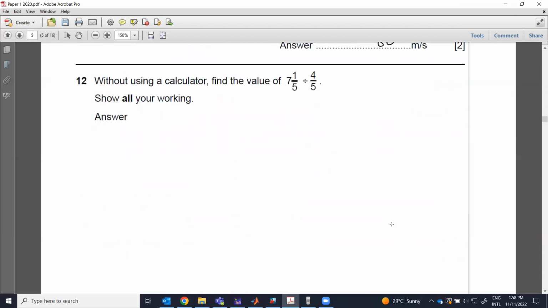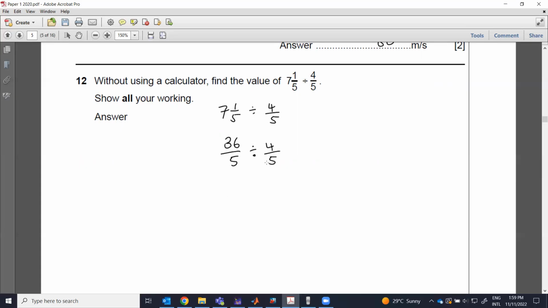Then number 12, without using a calculator, find the value of 7 1/5 divided by 4/5. Okay, so we'll just use the calculator to check if our answer is correct. But when it says without using a calculator, everything you do, all the steps must be there. So we have 7 1/5 divided by 4/5. So what we first do is this mixed fraction, we write it as an improper fraction. So to do that, we say 7 times 5. 7 times 5 is 35 plus 1 is 36. So this is 36/5 divided by